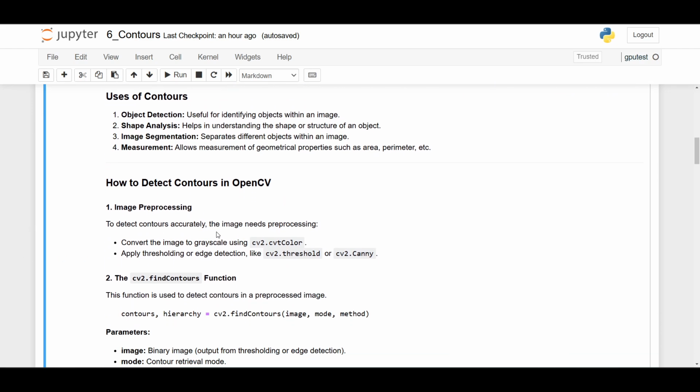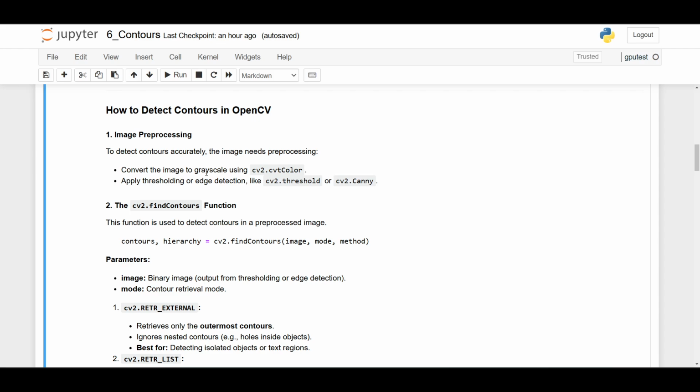Now, how do we detect contours in OpenCV? The first step is image pre-processing. To detect contours accurately, the image needs pre-processing, such as converting the image to grayscale using cv2.cvtColor. We already did this, and applying threshold or edge detection like cv2.threshold or cv2.Canny. We also already did this. Also, we added a morphological operation like closing, and then the next step we need to use the